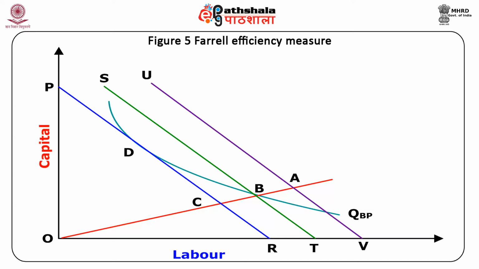The magnitude of the cost inefficiency incurred by firm A is determined as a ratio of OC to OB. Both firms A and B are at higher iso-costs, ST and UV respectively, and are therefore higher cost producers than D. Even when firm A wants to be technically efficient by moving to B, it would still be cost inefficient due to non-usage of the optimal labor capital ratio.